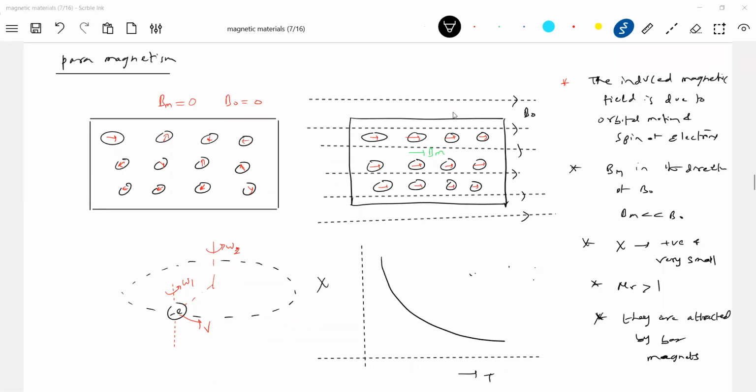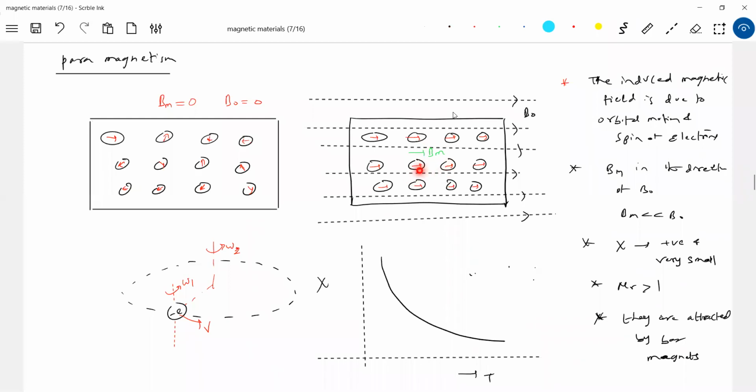Susceptibility, again go back. What we define, it's a measure of the ability of a substance, a measure of the nature of magnetization. So the overall magnetism starts decreasing, means as you increase the temperature, the Bm will decrease. Why will Bm decrease? Because the atoms start vibrating. Due to that vibration, the spins as well as the particular orientation get disturbed. Because of that, the arrows will tilt slightly like this. So what happened to the net dipole moment? It will decrease.